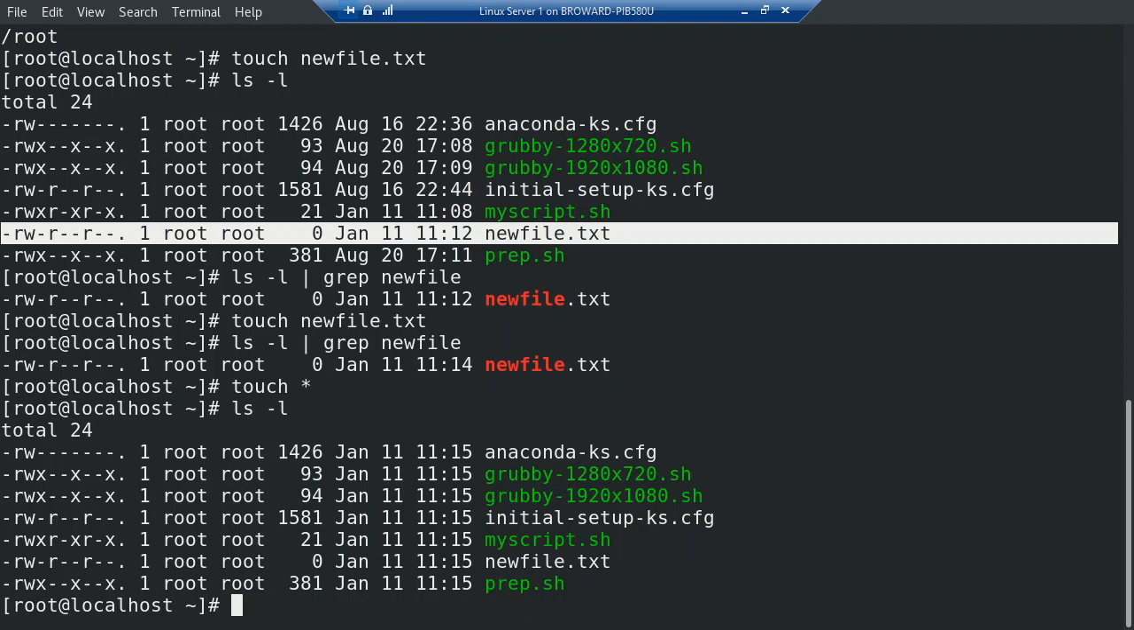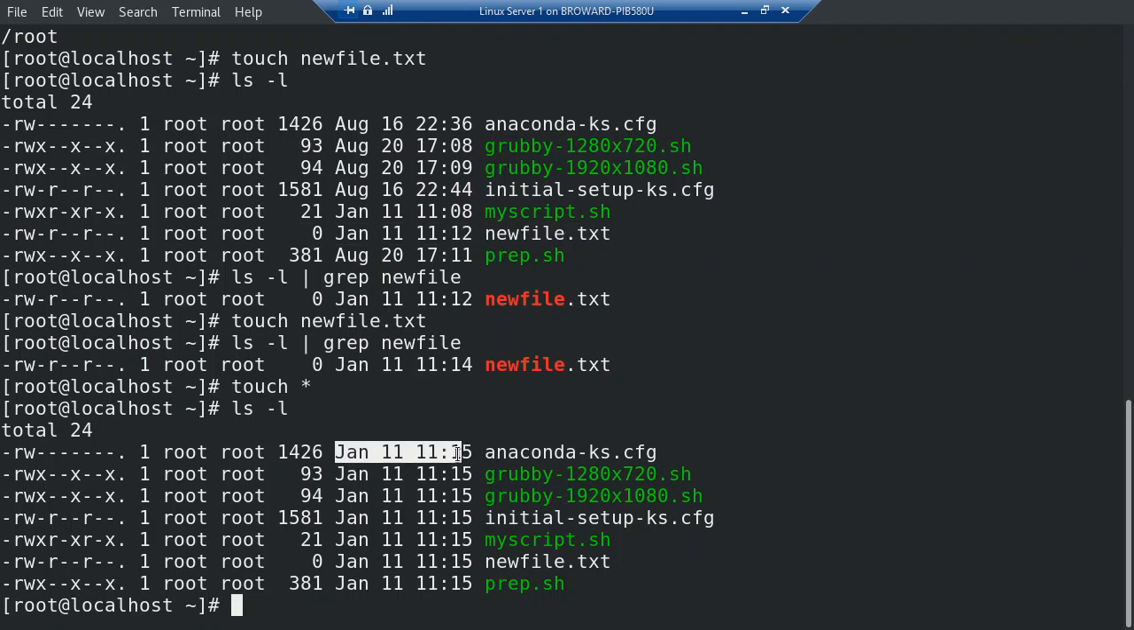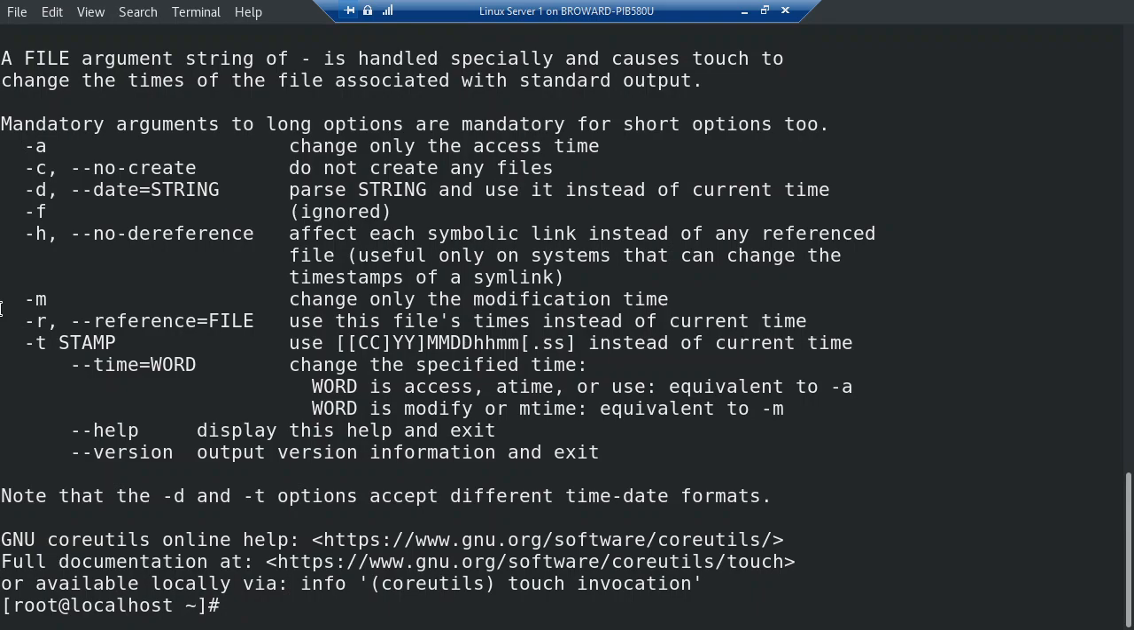I want to look at help. Guys, if it's the current year, it doesn't show the year. So touch. Guys, I don't remember these commands. Honestly, it's been so long, and I've seen so many different OSs, I don't remember the commands. So I'm going to do T. So, touch,